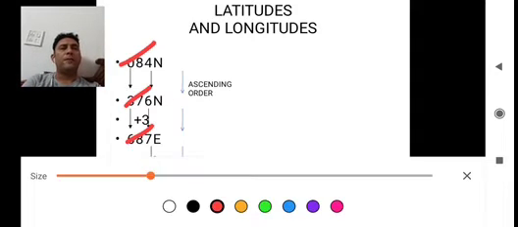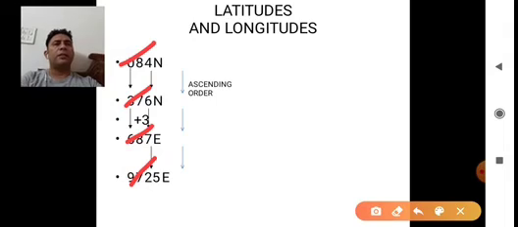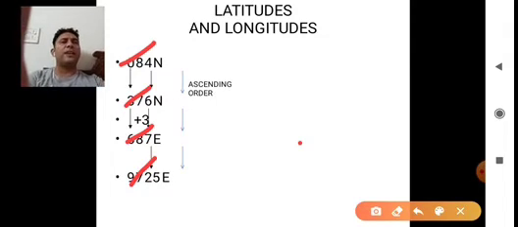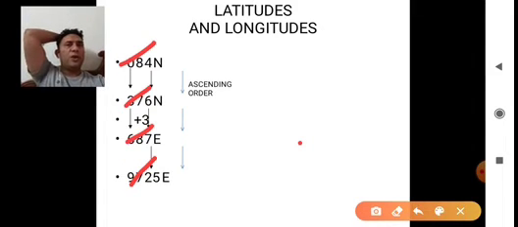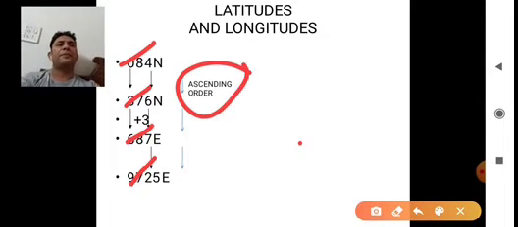Now if we look at the other values, that is 8 degree, 7 degree, 8 degree and 7 degree in the next column, we find that both the numbers are 8, 7 and 8, 7. So there is a sequence in these numbers. Now the third row, which is 4, 6, 7 and 25, that is the minute sign, all the values are in ascending order as I have marked it here. So we get 4 values, that is 4, 6, 7 and 25, all in ascending order.